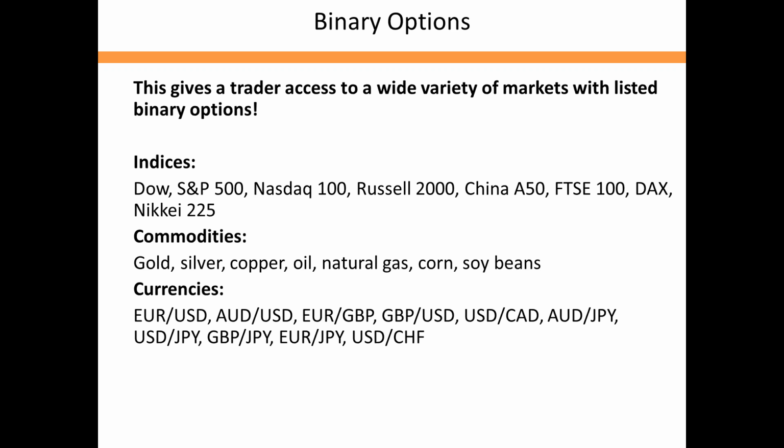And I always put this list in here, and I always ask people what's missing here that you might want to trade? And I don't really think there's anything. I mean, we have every major index here in the U.S. and most of them overseas as well, every major commodity complex, and basically every major currency pair that I would want to trade. So one of the things that I was talking about in the piece that I wrote